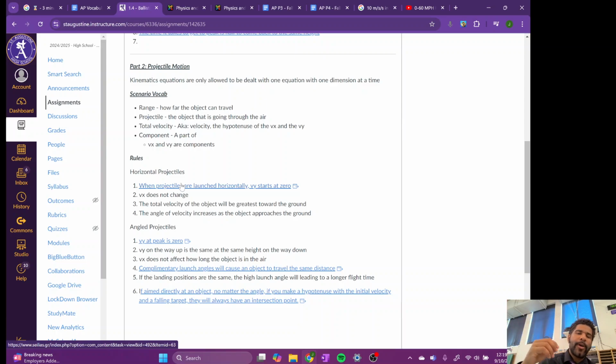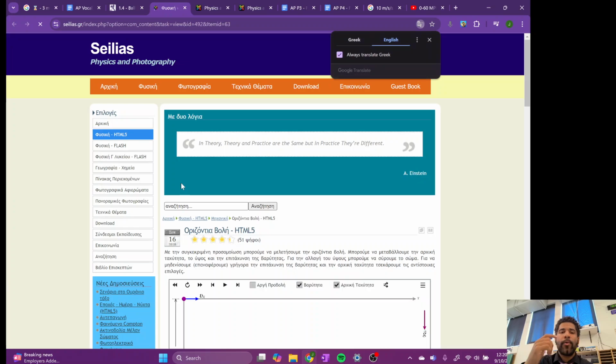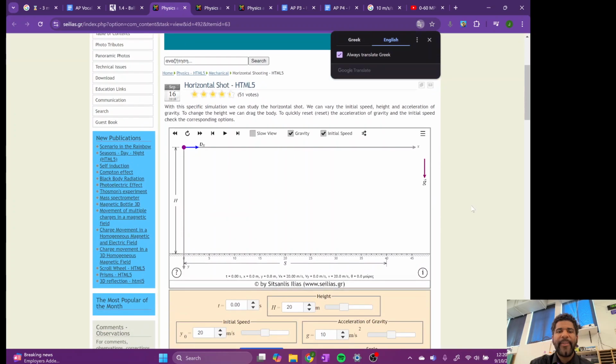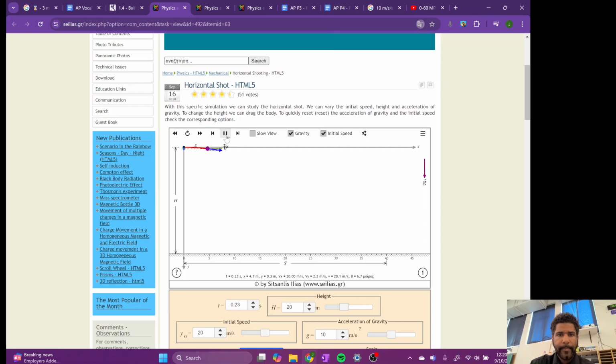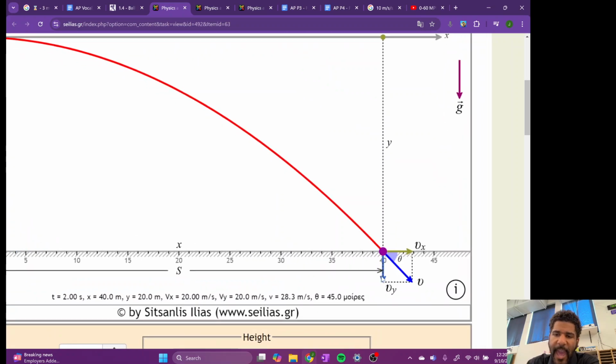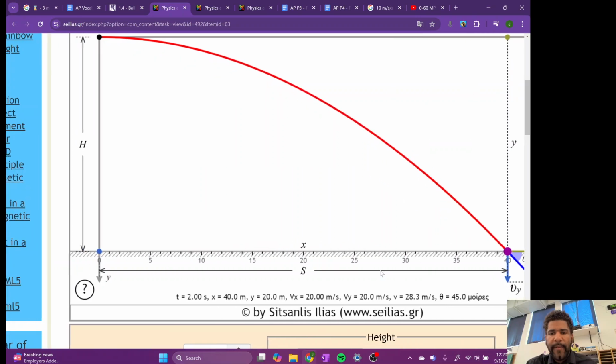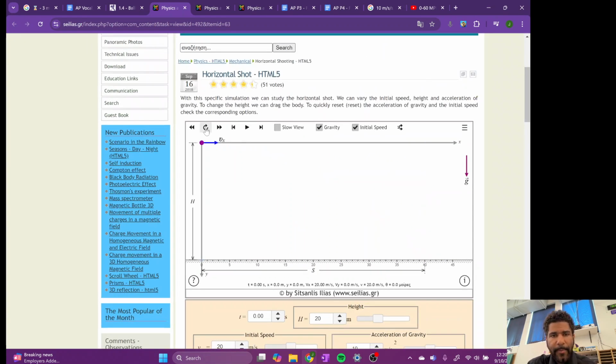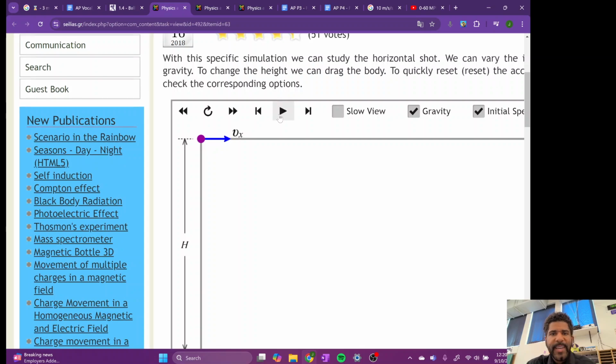And then also we will have an object that is shot at an angle, and we usually refer to these as catapult type problems. I'm going to go to this simulation to talk about the horizontal projectile, my favorite website. This is a simulation of a projectile. Notice that when we get to the bottom here, this object has an x component and a y component of the velocity, but up at the very top, when t equals 0,